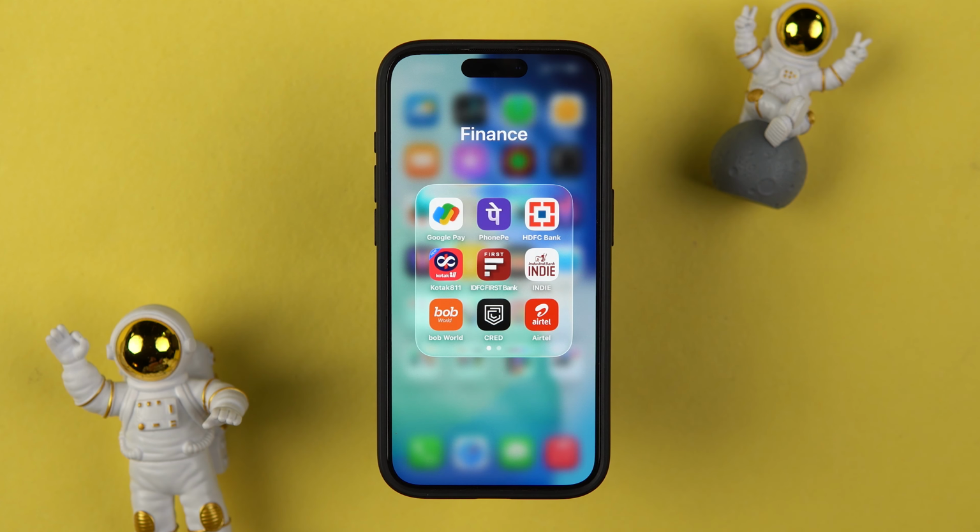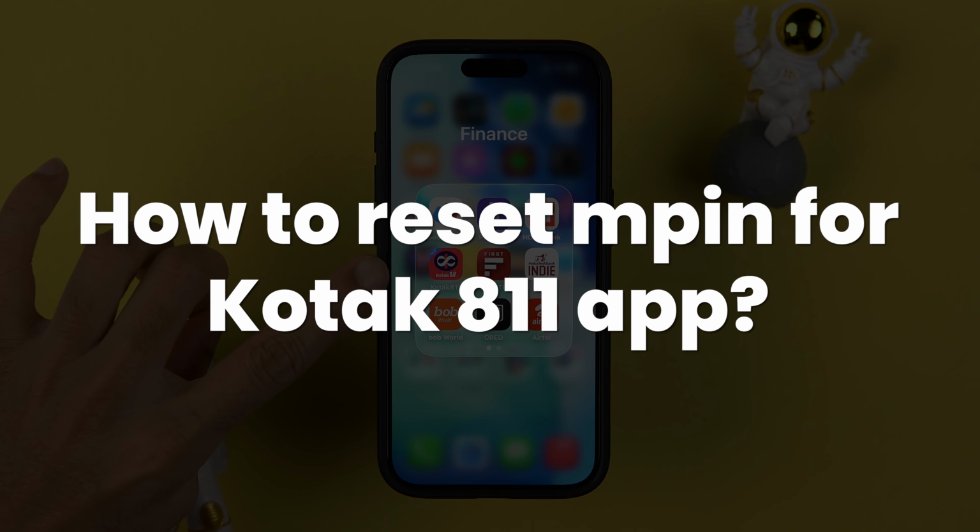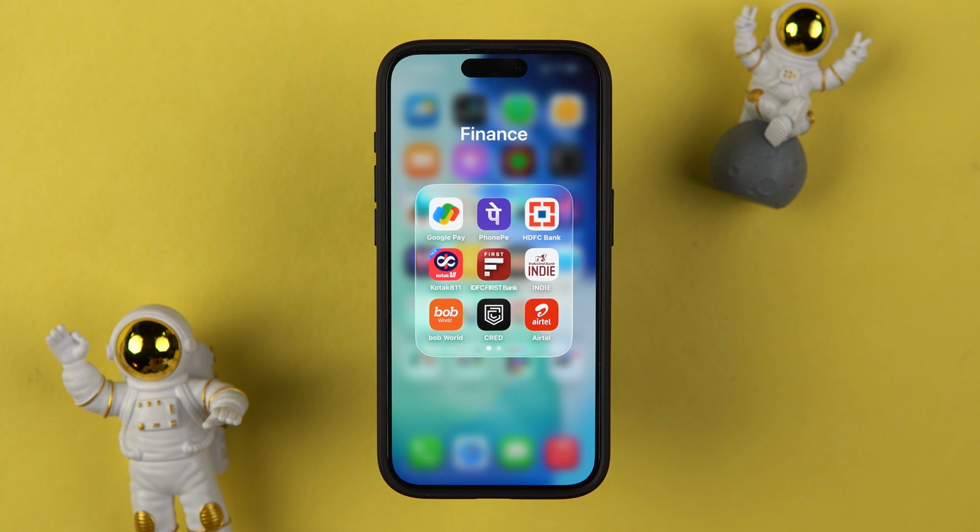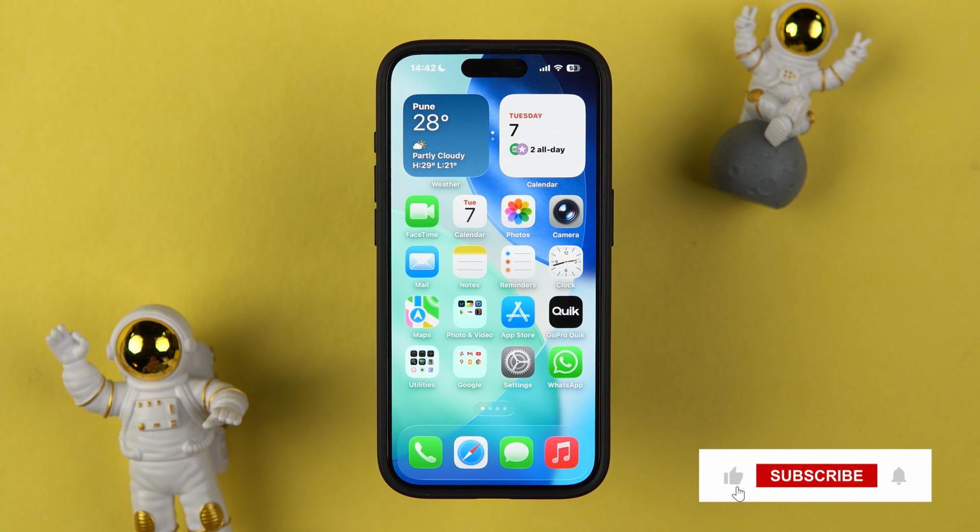In this video, I'm going to tell you how to reset MPIN for Kotak 811 application if you don't remember it. I'm going to guide you through each and every step, but before that,